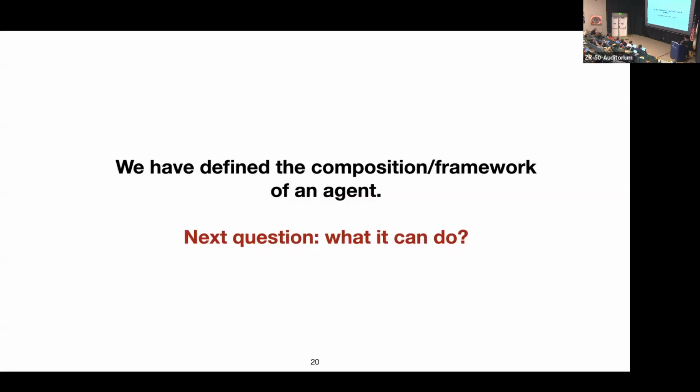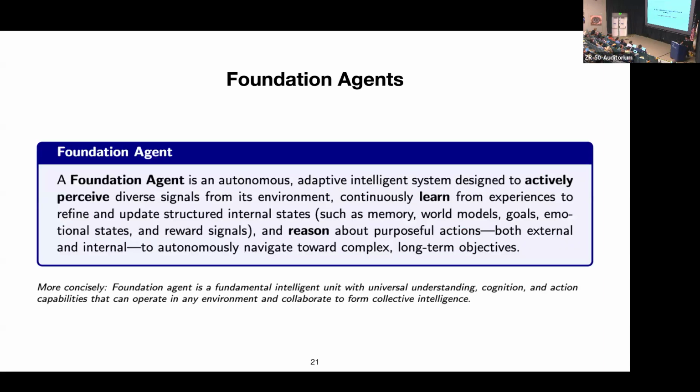So the next question is, what do we hope? What kind of properties do we hope that an agent will have? We call a foundation agent an autonomous, adaptive, intelligent system designed to actively perceive different signals from the environment, continuously learn from experience to refine and update its structured internal states, and then reason about purposeful actions, both external and internal actions. For example, if you have some virtual mental actions to take, like planning about the current task and so on,